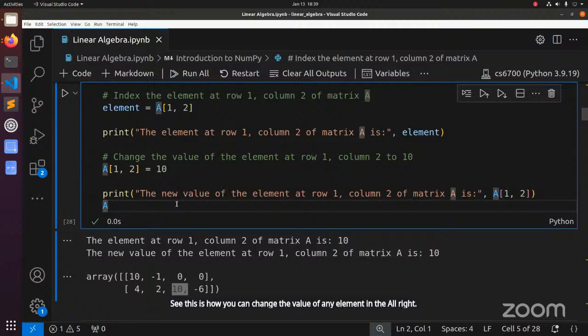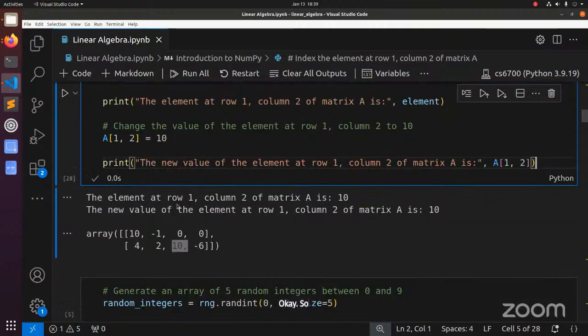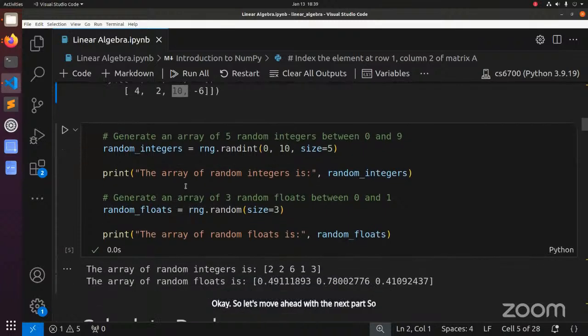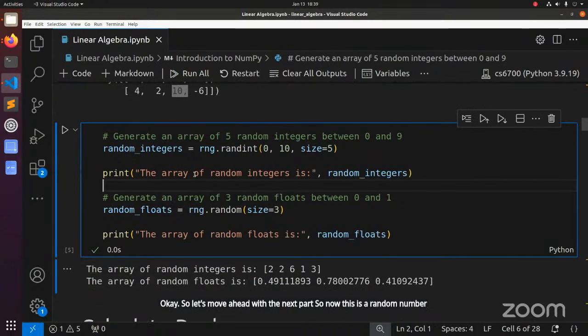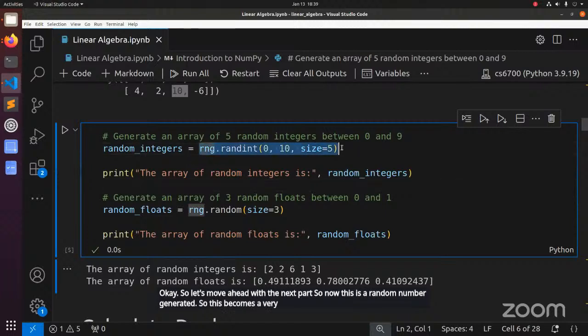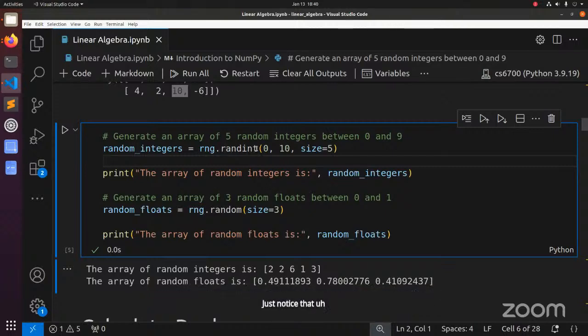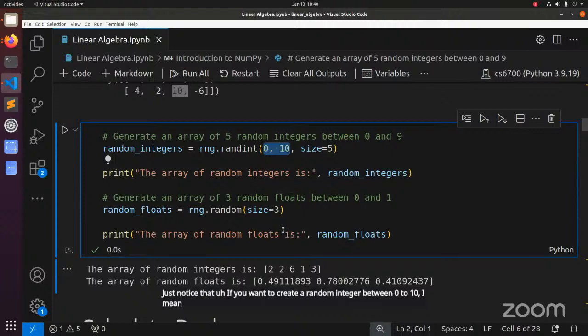Okay. So let's move ahead with the next part. Now this is a random number generator. This becomes a very important element. Just know this part. Where you will use it will come. It will become handy in the coming lectures. Just know that if you want to create random integers between 0 to 10, literally random, of size 5, you can say